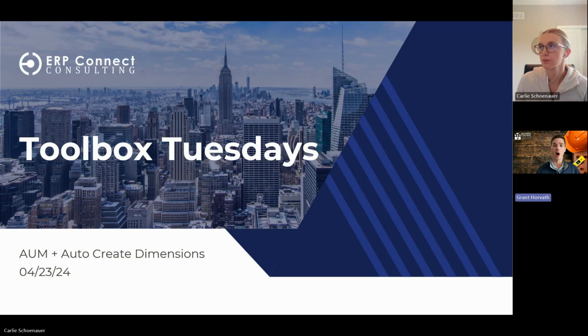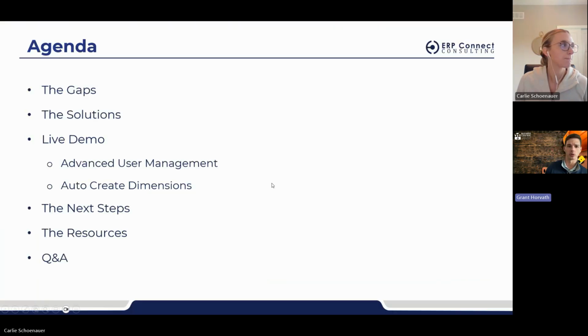Today, we're going to be focusing on advanced user management and auto create dimensions for Business Central. So what we're going to talk about today, we hop into our agenda, is a quick run through of the current gaps in Business Central out of the box, the solutions that we provide to fill those gaps. Carlie's going to be doing a live demo in Business Central on advanced user management and auto create dimensions. We'll run through the next steps on how to get this into your test account, go through